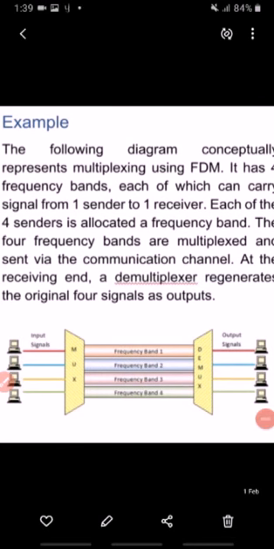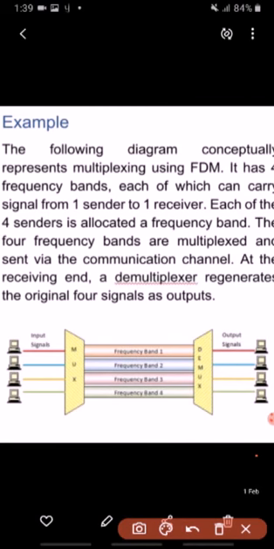Now, let's see how FDM works. Here we can see input signals coming from different sources, a multiplexer, a demultiplexer, and output signals. The input signals from different sources are combined using a multiplexer at the sending end. The combined signal is transmitted over the communication channel, thus allowing the multiple independent data streams to